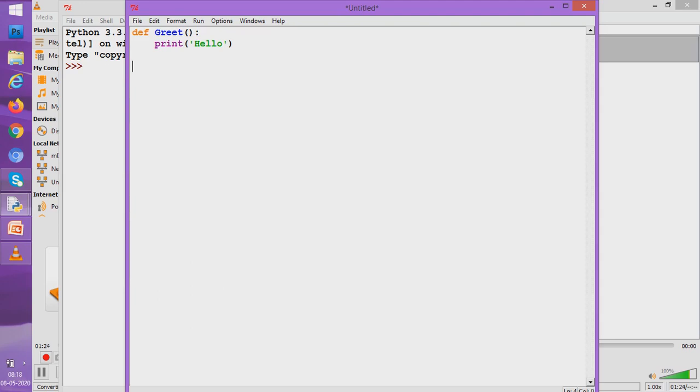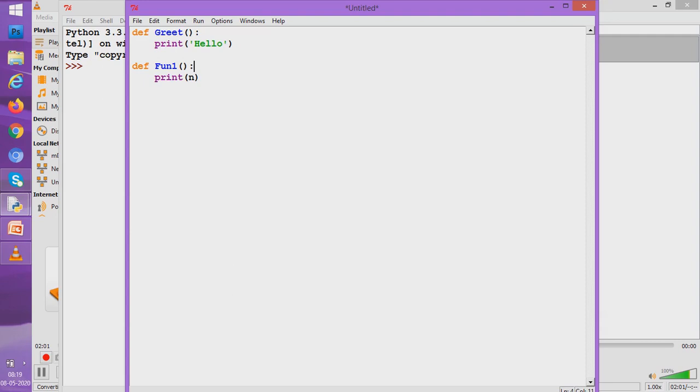Let us take another function. Now this function will print a number for us. So let the name of the function be, say, fun1, and what it does is it prints, say, n. Now what is n? Where has this n come from? Have we declared n? So we can see we have not declared. So what value will n print?